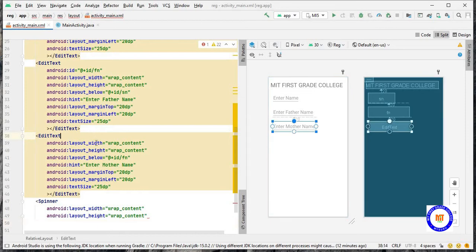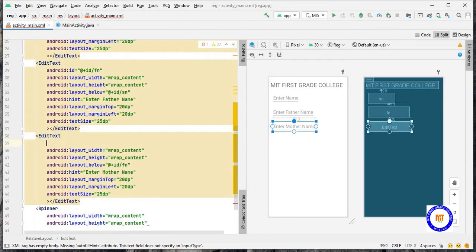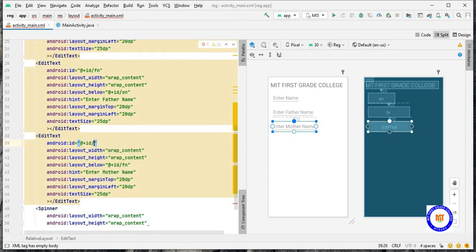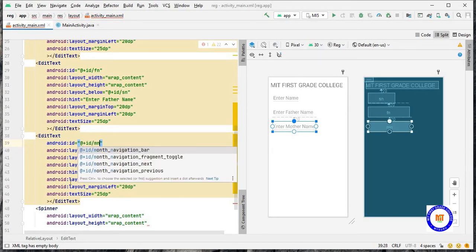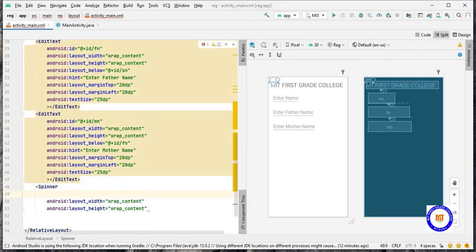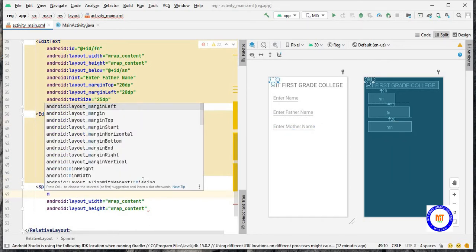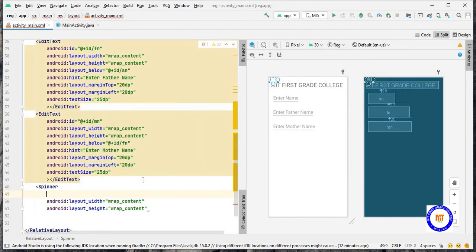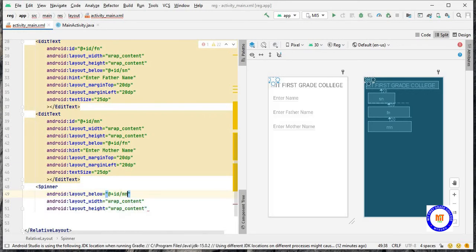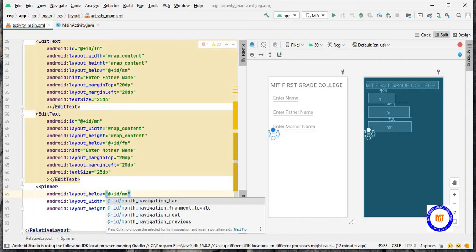So for this I have not given the ID. I'll take the ID as MN and give it here. Below the ID MN. So this spinner will come below the ID MN.